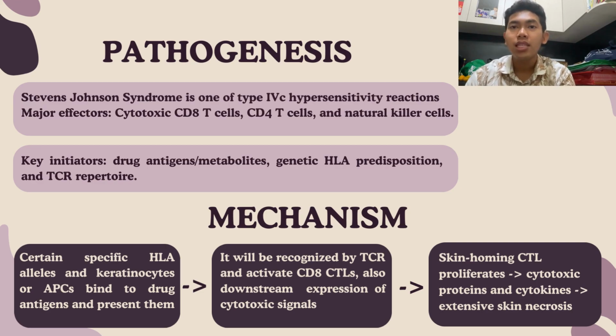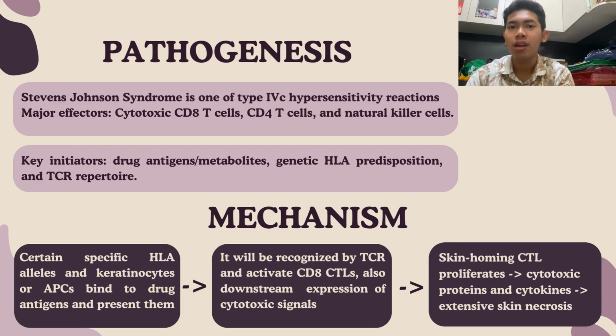Based on the classification, Stevens-Johnson syndrome is one of the type 4C hypersensitivity reactions with major effectors, namely cytotoxic CD8 T cells, CD4 T cells, and natural killer cells. Key initiators that can stimulate immune reactions in Stevens-Johnson syndrome patients consist of drug antigens or metabolites, genetic HLA predisposition,